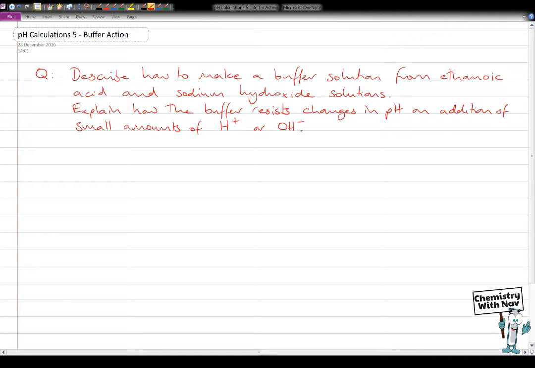Well, it's a little bit unusual to make a buffer solution from a weak acid and a strong base, but it's perfectly possible. So the first thing to do is to write an equation for that reaction. So we have the ethanoic acid and the sodium hydroxide, and that's going to make the salt, CH3COONa, sodium ethanoate, and water, which is H2O. So what I've actually done there is I've created the salt of the weak acid in situ, which means within